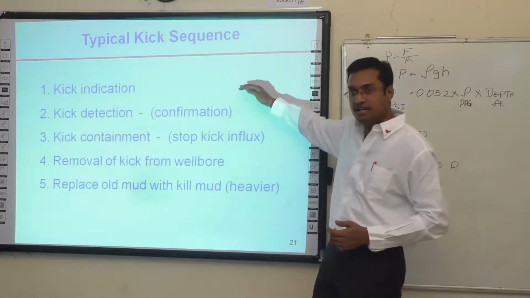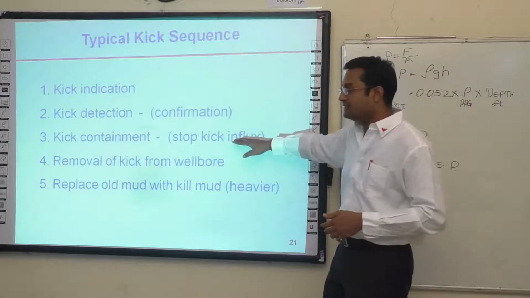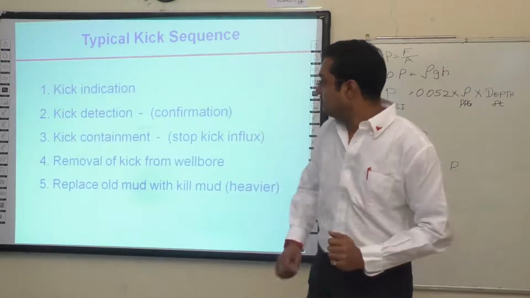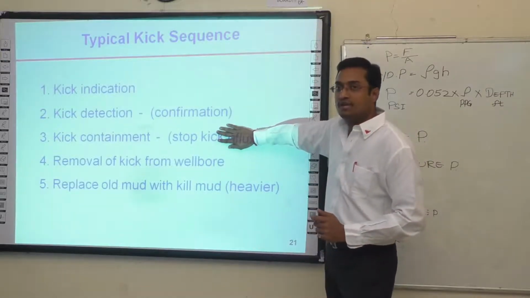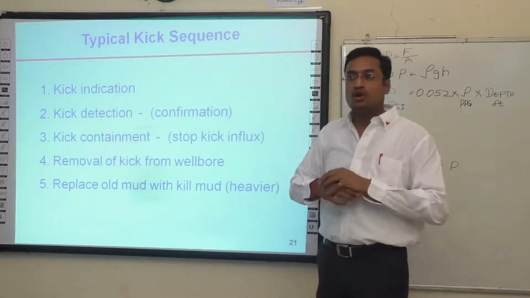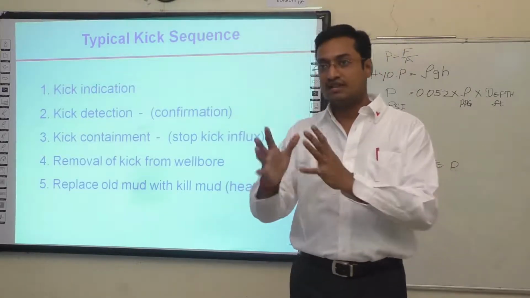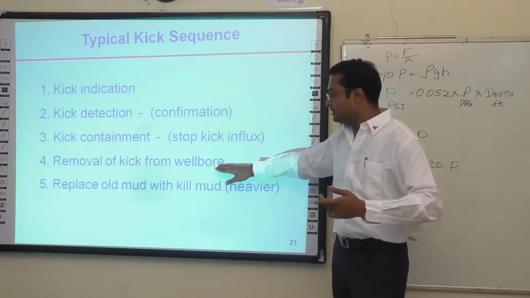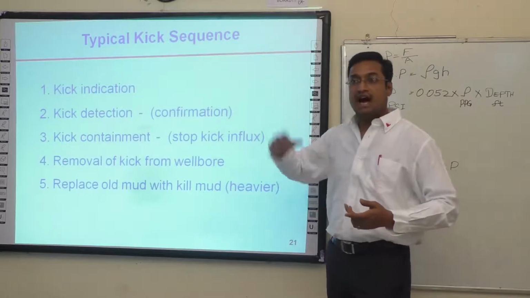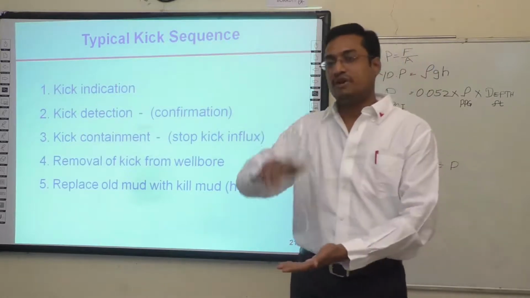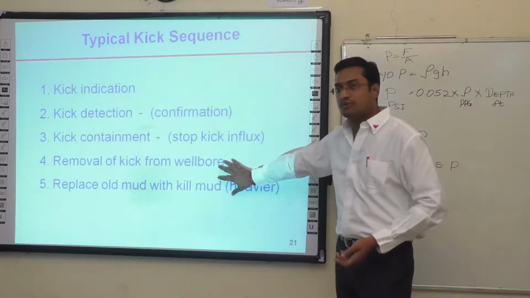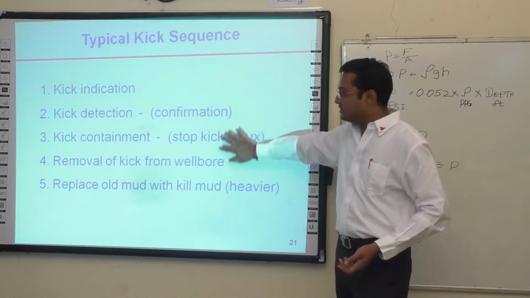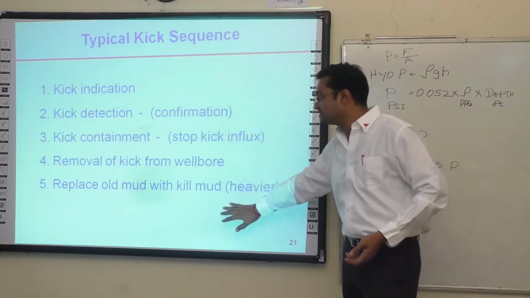First is identification or indication, then confirmation. Then you have to contain. Contain means you don't allow more influx to come inside. This is where you close the BOP. Once you close the BOP, you are not allowing further influx. You arrest the kick. Next is the removal of the kick from the wellbore and replacing it with higher mud weight to balance the formation. This is the kick control procedure. This is just the indication, confirmation and containment. The next topic, which we will see in the next hour, is removal of